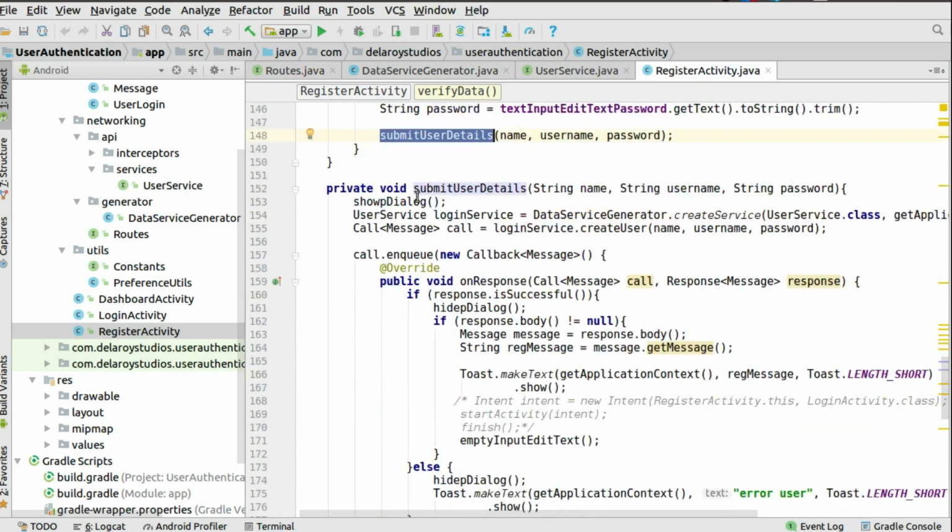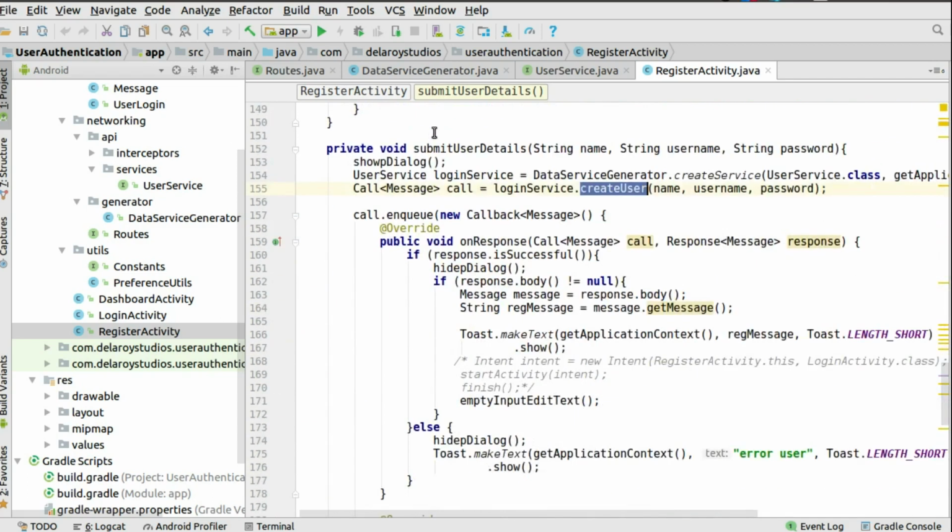You show the dialog first because now you want to interact with the network, whether you are doing that locally, or the API could be in the cloud. Now you call the login service. You should be familiar with Retrofit at this point in time. You create a call from that, and you create a user. This is a method that sits right there in the interface you've been coming from. You pass in those three parameters, since you're actually going to get that triggered from this other method,